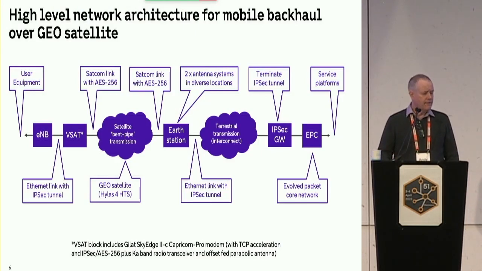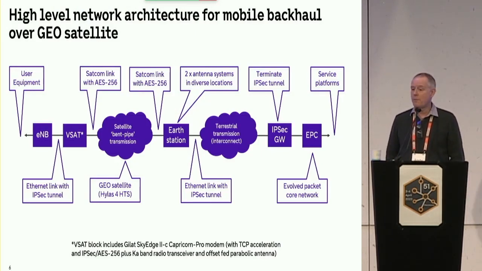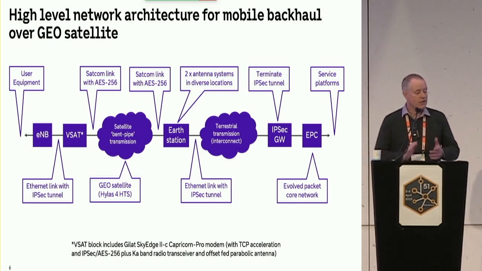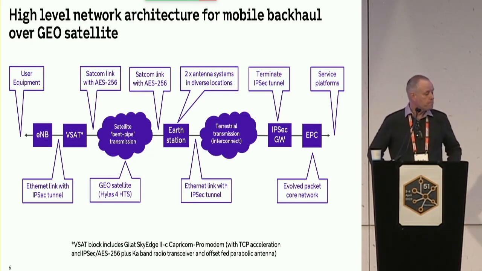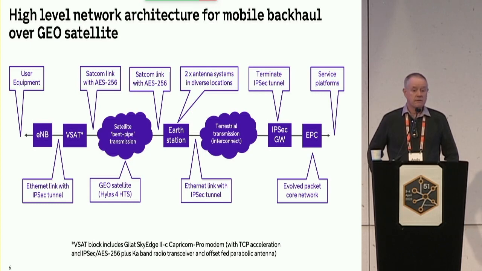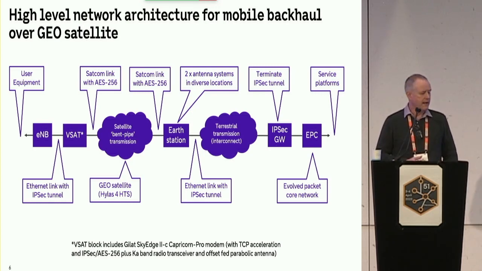So what does the high-level network architecture for mobile backhaul over geostationary satellite look like? The user equipment, the mobile phone or MiFi device or IoT device, whatever it is, connects to the eNode B, so the 4G base station in this particular case, over the radio interface. We then build an IPsec tunnel within that base station for security purposes, and traditionally we'd connect that all the